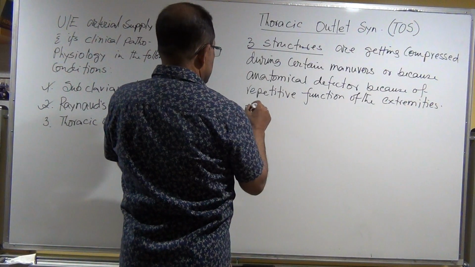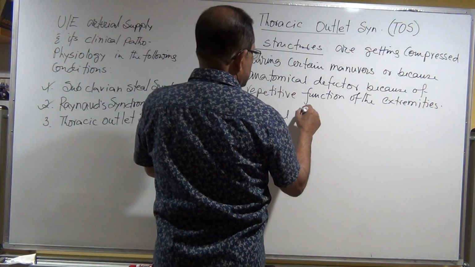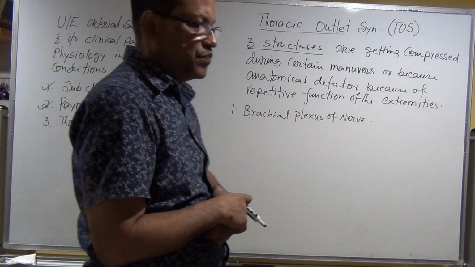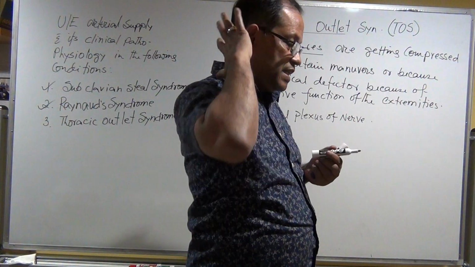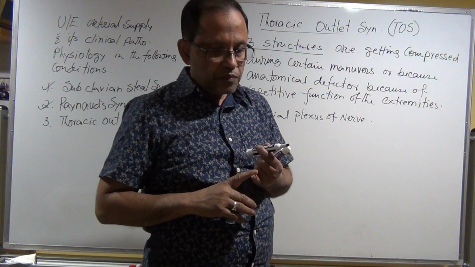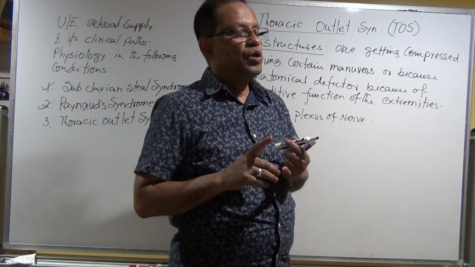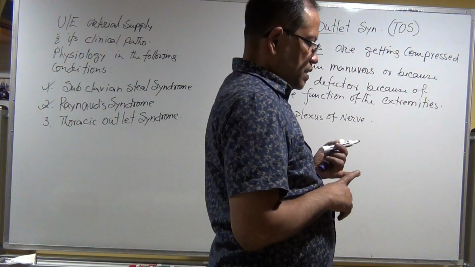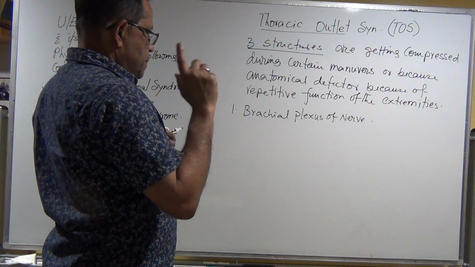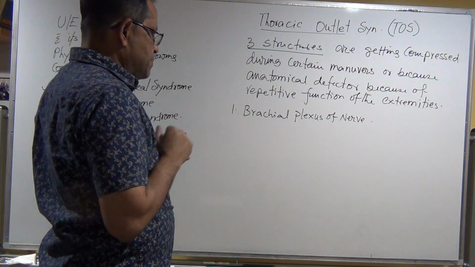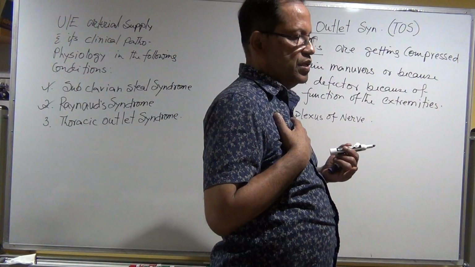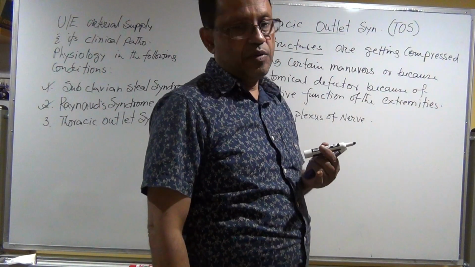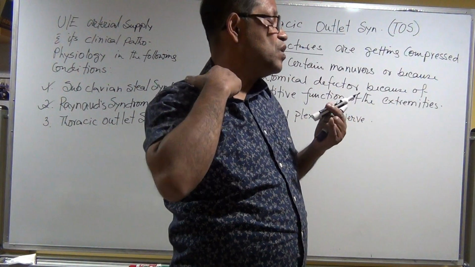Number one, brachial plexus of nerves. So brachial plexus, that's the nerve. It comes from root 5, 6, 7, 8. Okay, so the root of the nerves that arise from that level and forms the major nerves that supply the upper extremity, like the radial nerve, ulnar nerve, then the median nerve. So those are the main nerves that come from the root,